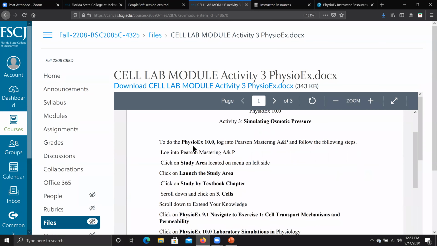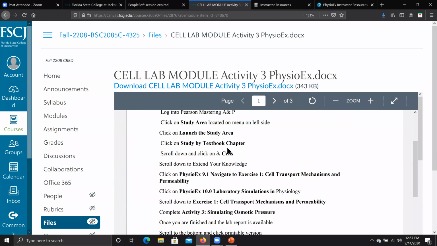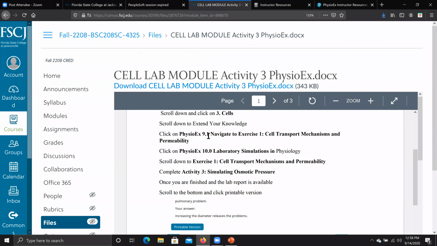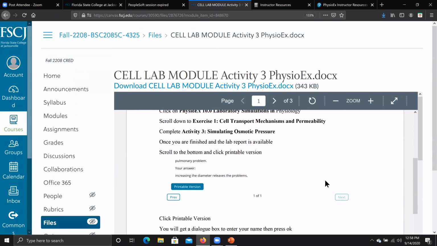Okay. We go to launch study area, select textbook chapter, select cells. Okay, that's the chapter we're in. We go to 9.1, and then we click on 10, and we go to exercise 1. We do activity 3. Okay. Then once we get it done,